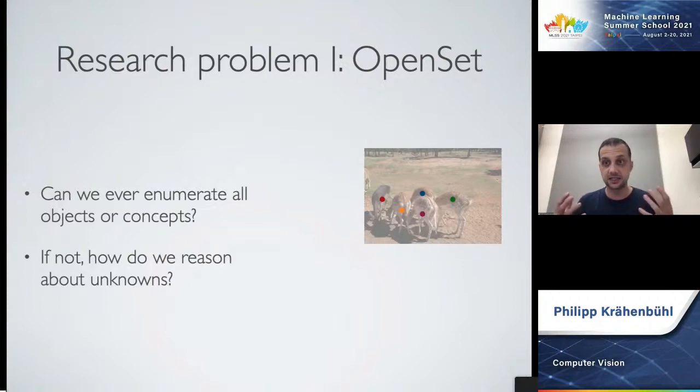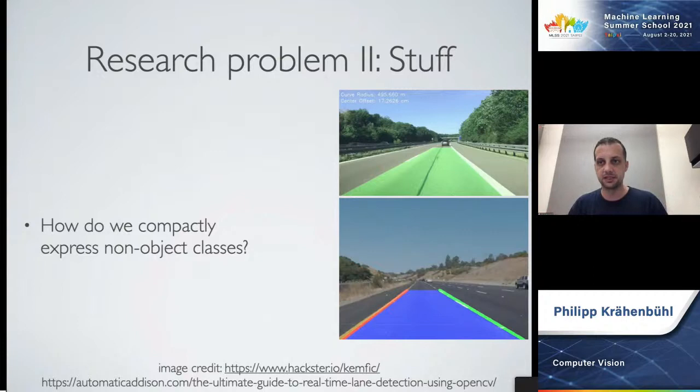And then the second really big open problem is, how do we come up with sparse representations for things that are not objects? How do we come up with sparse representations for things that are maybe unlimited or unbounded? One example here is lane detection, and in lane detection, this is actually somewhat solved. A lane is not an object. It can have an almost infinite extent, but we're able to come up with some simple curves or parametric representations for what these lanes are.